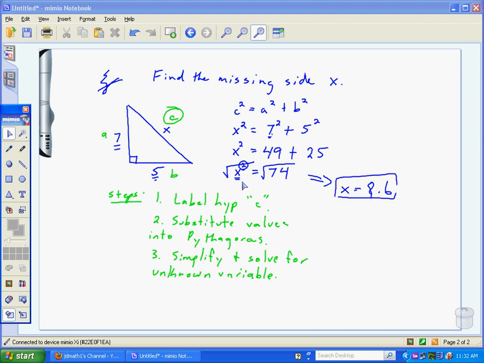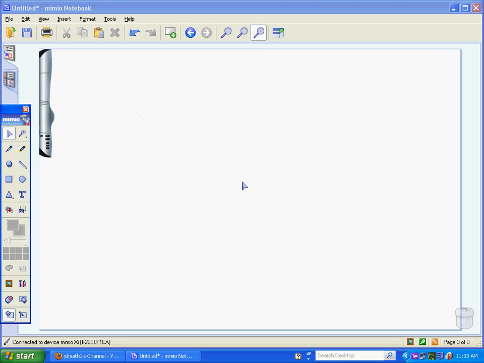Okay? So I guess at the end, step 3 should say simplify and solve for the unknown variable, and maybe watch the square root at the end. Something like that. Okay? Alright, we're going to do one more example. So the first type, obviously we found the hypotenuse. Now that's the easiest type of question using Pythagoras. The only other type of question I can really give you is where we're finding a side that's not the hypotenuse. So if I draw a right triangle like this,